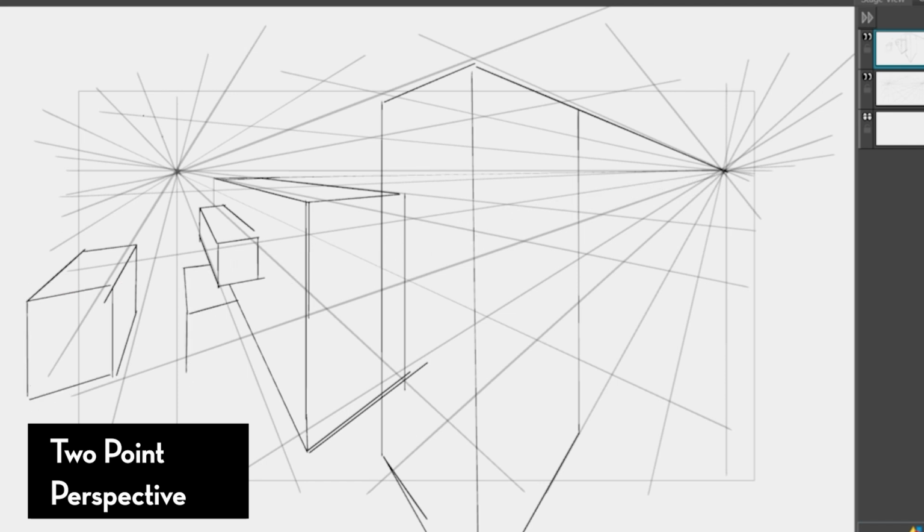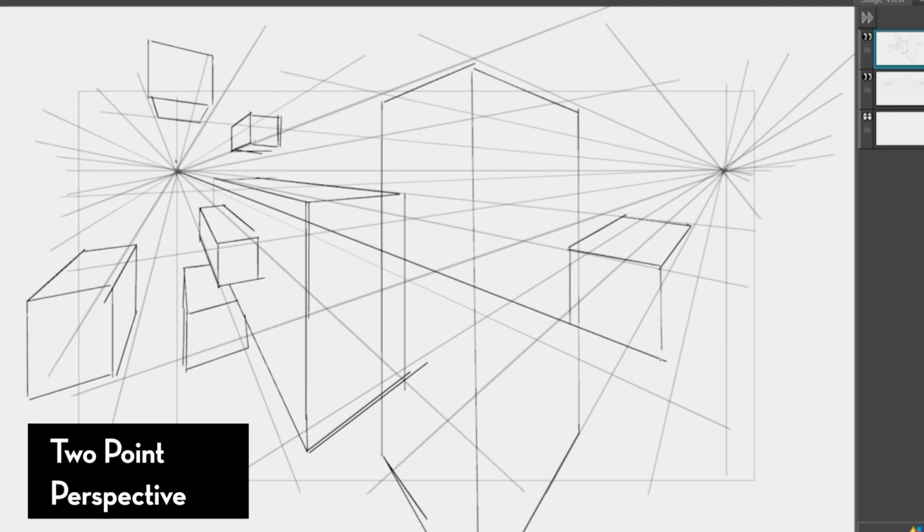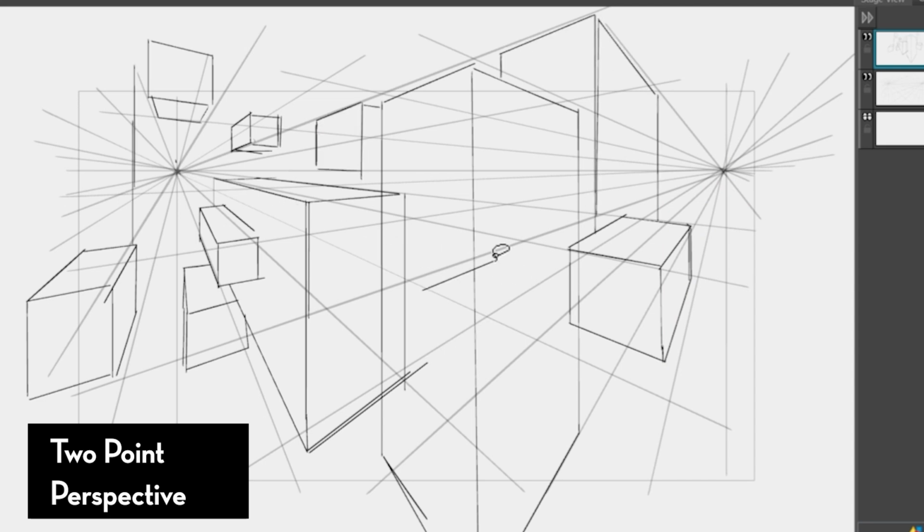So yeah, once we've established our grid lines that converge into each of our vanishing points, I'm just going to try drawing boxes like we did in our first example. The same exercise. We're going to draw our boxes corresponding to the perspective line and the vanishing points. You'll notice the big difference between the 1-point and the 2-point is that there are more angles that you have to consider. One side of the wall isn't just facing straight at us, it's actually converging to the other vanishing